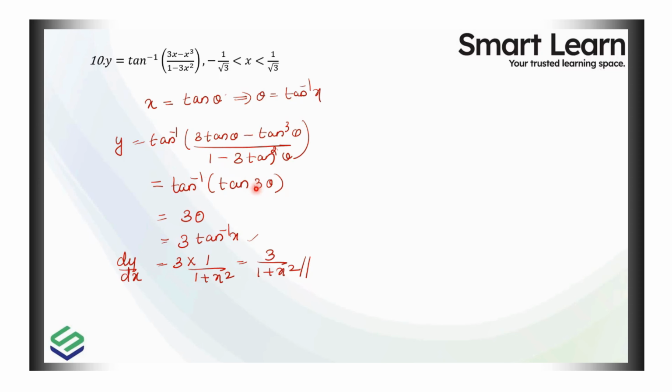What is tan inverse of tan 3 theta? 3 theta. And what is theta? Tan inverse x. So 3 tan inverse x. Now you can take the derivative. dy/dx is 3 into 1 by 1 plus x square. That is 3 by 1 plus x square. Now